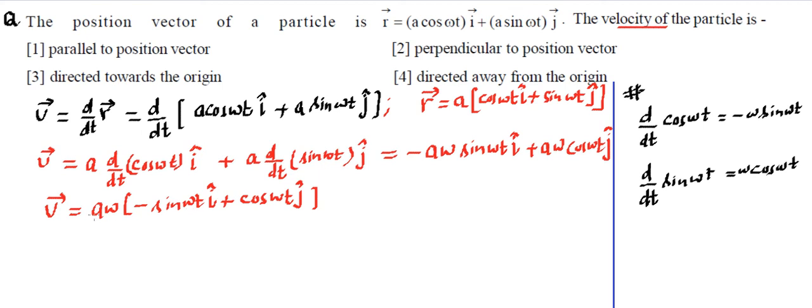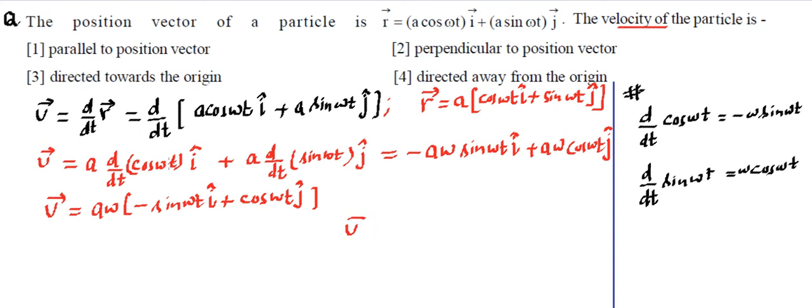What that means is, if we write this v vector as some constant k times r vector, that means we can say the direction of v is along the direction of r. r starts from origin because it's a position vector, so all position vectors start from origin. So if this is the case, then v and r are in the same direction. That means velocity is in the direction of r. That means it is either towards the origin or away from the origin. If k is positive, then away from the origin. If k is negative, then towards the origin. Making sense? But we will find that this kind of relation is not true. Hence, third and fourth part is not true.